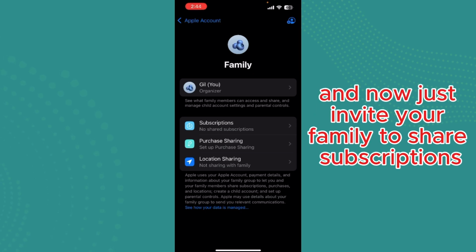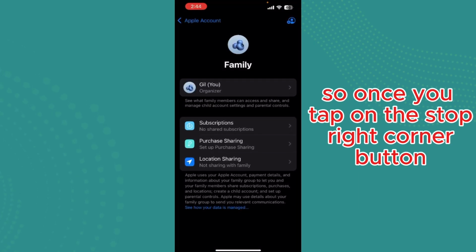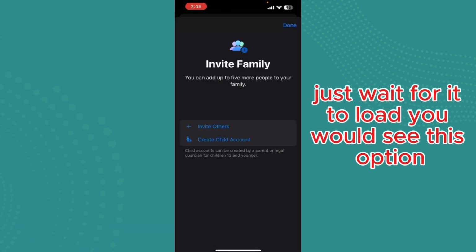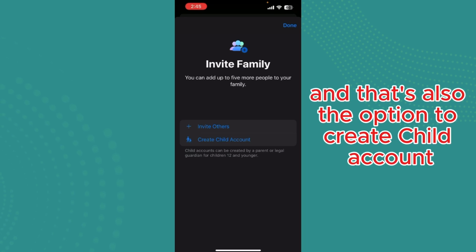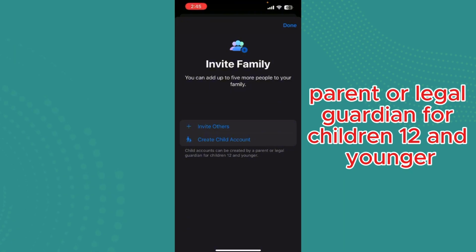And now just invite your family to share subscriptions, purchase sharing, location sharing. So once you tap on this top right corner button, just wait for it to load. You would see this option, invite others. And there's also the option to create child account. So it says right here that child accounts can be created by parent or legal guardian for children 12 and